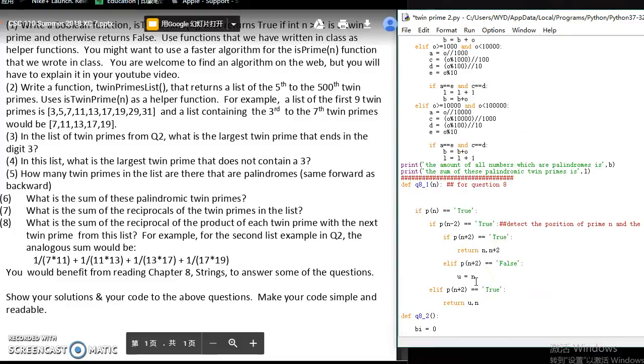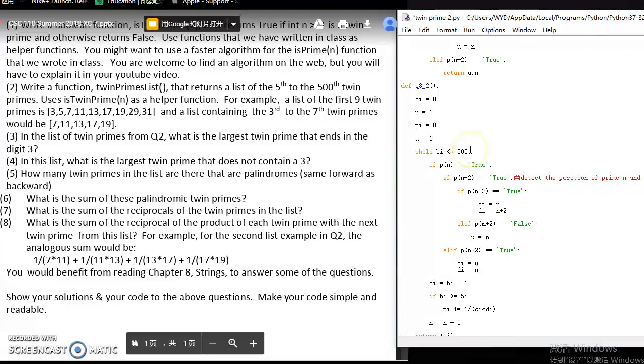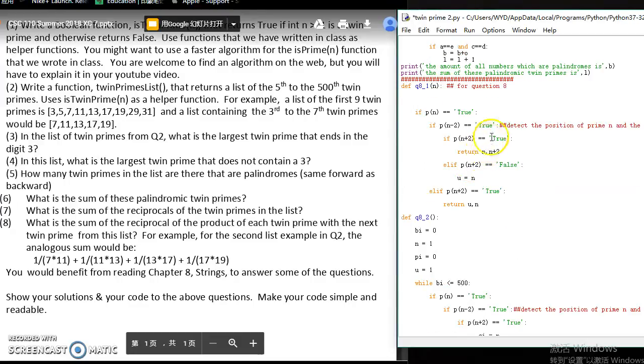So I wrote the whole function for this: if we do not print out the whole list, what should we do? We can just add up the function from the first question and second question, and we can detect if it's a twin number, if we should add them up or save them for some